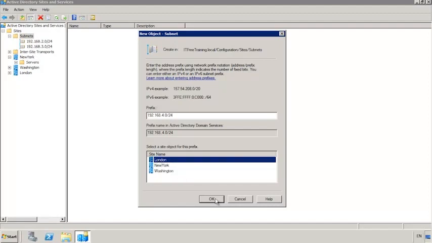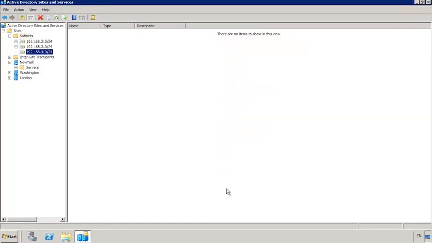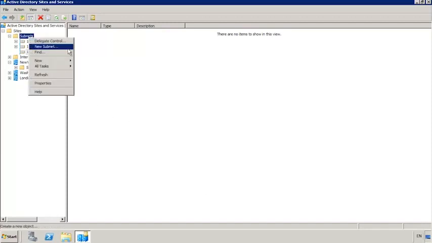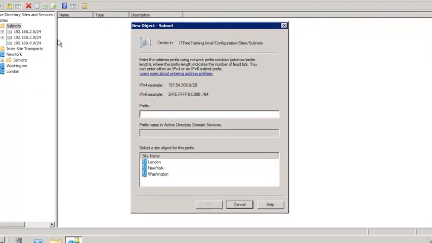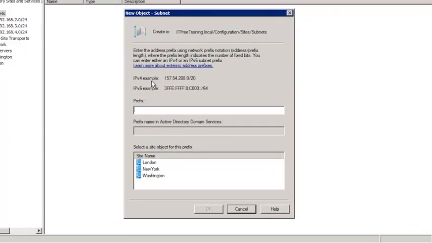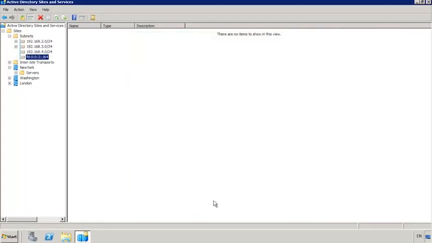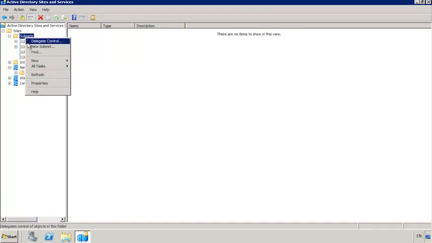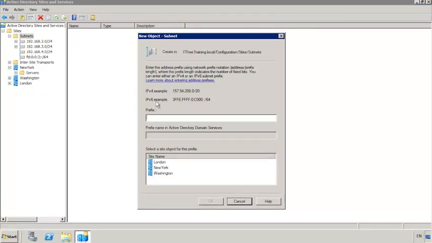So far, I've only created the IP version 4 sites. If you are using IP version 6 for your network, you can create the subnets for IP version 6 following the same process. In the case of New York, I will enter in the network address followed by the number of bits, just like IP version 4, and once again select the site New York for the new subnet. Once the New York subnet is created, I will once again follow the same procedure for the Washington and London